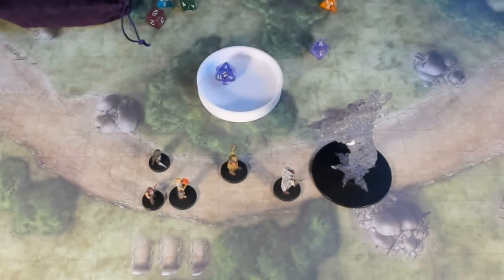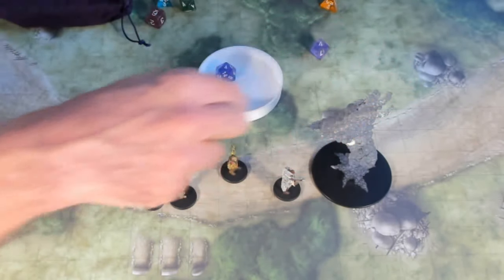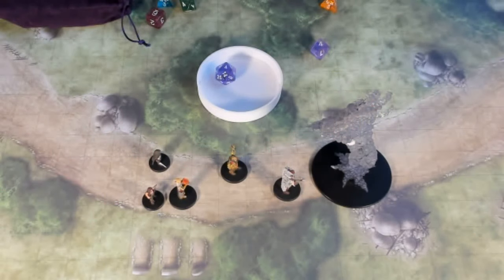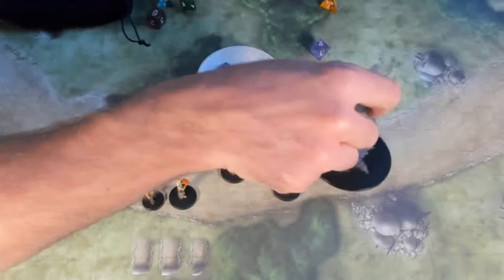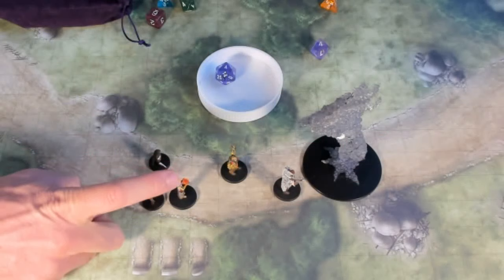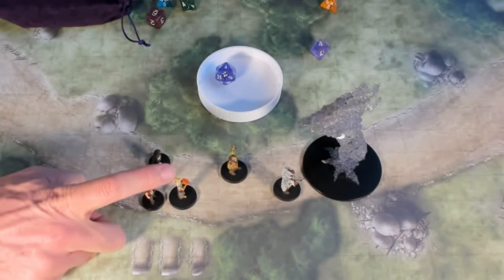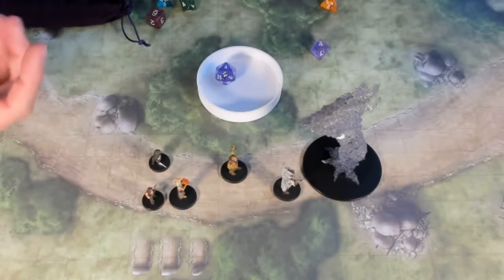Okay, what about our last example? What happens if the air elemental decides to move through the party, which it can? It's got a thing called Whirlwind, and it requires a strength saving throw to resist being hurled out of the way and taking damage. So this is going to come through this location. Who's likely to suffer the most at the hands of the air elemental? Who's got to make a strength saving throw? Well, it's probably the wizard.